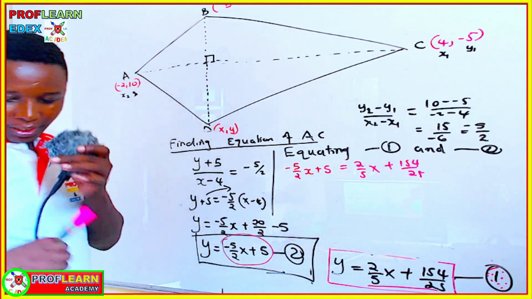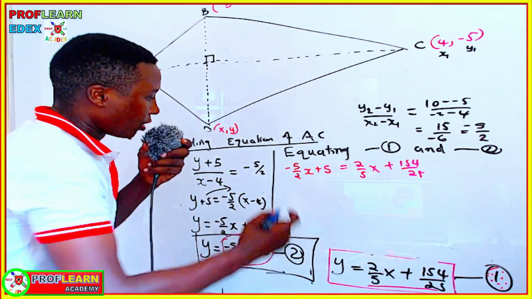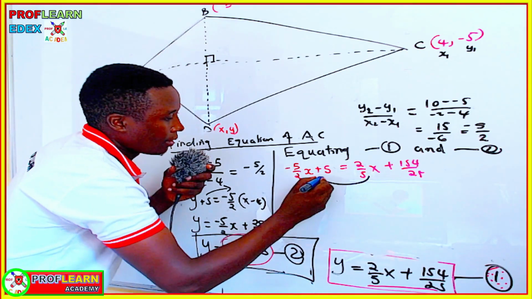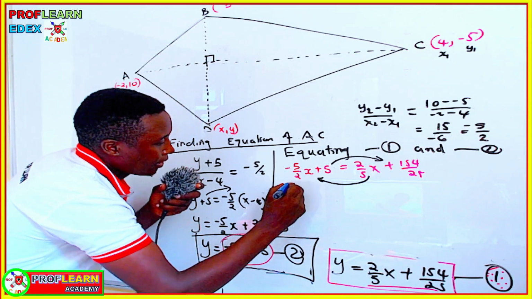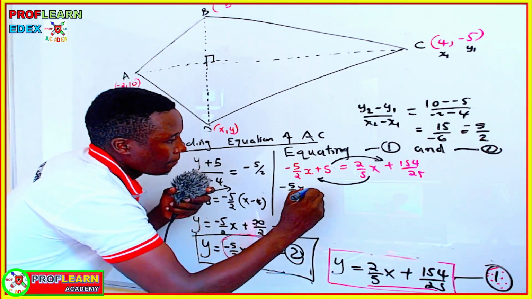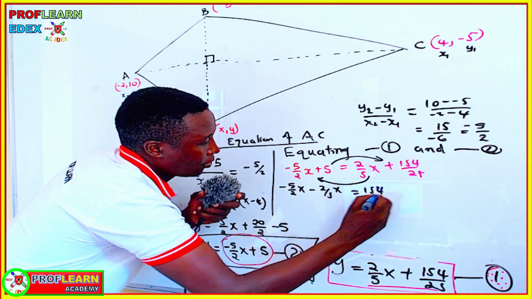Then we're going to put the like terms together. In the process of working this out, we take this on this side, and then we take 25 on the other side. So we are going to have -5 over 2x minus 2 over 5x equals 154 over 25,